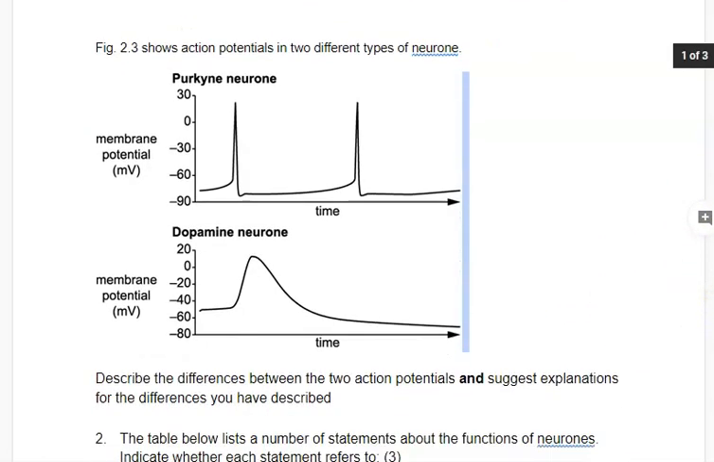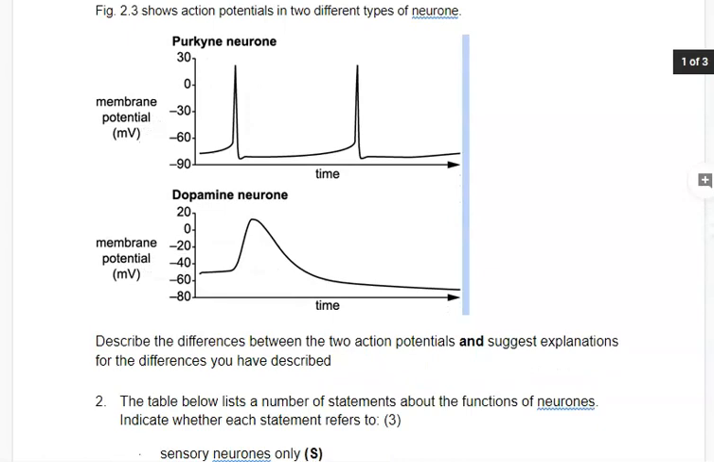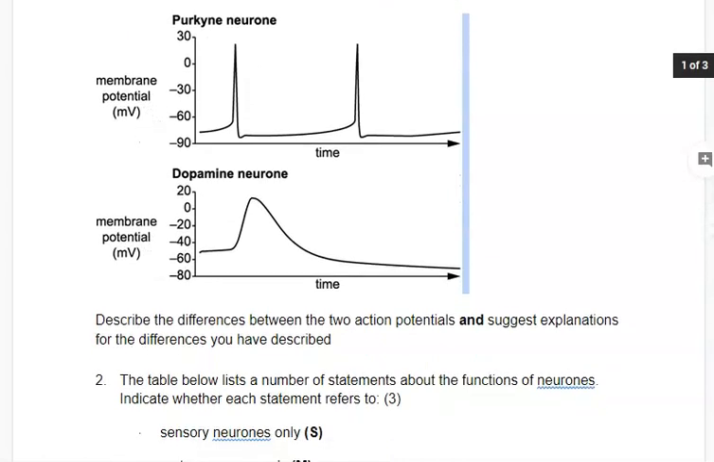And they have given us 2 different types of neuron. So the top one is a Purkinje neuron, so that's going to be from the heart, and the bottom one is a dopamine neuron, which is going to be from the brain. Both of them have time running along the x-axis, and they have membrane potential in millivolts on the y-axis. So the question says, describe the differences between the 2 action potentials and suggest explanations for the differences you have